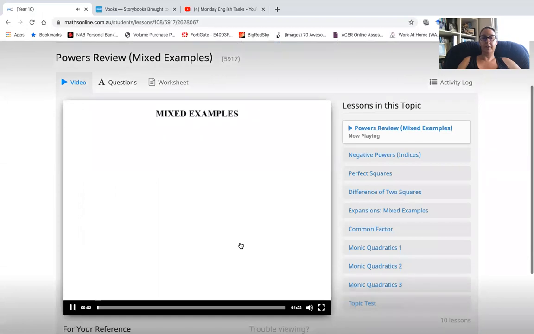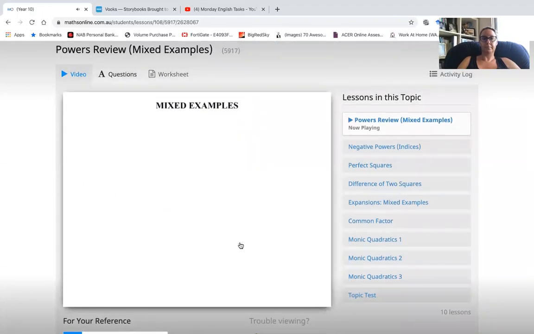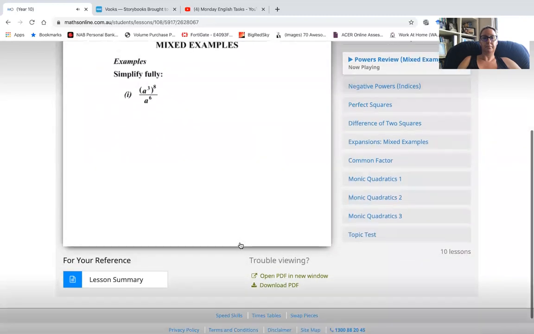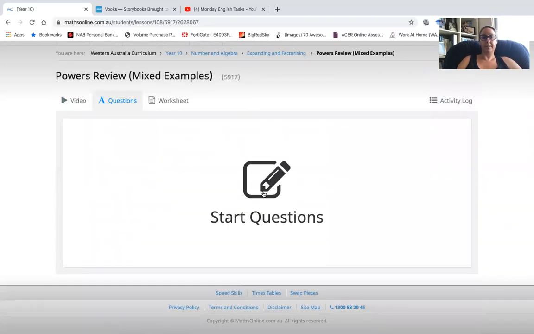you actually get a video to watch. All our index rules, we're going to look at some mixed examples. We'll start off simplifying fully. Question 1, a cubed to the power of 8 all over a to the power of 6. Okay, you get the idea of the video. So the video actually runs through the sorts of questions that you'll be working on and what you need to do to solve it. So once you've watched the video, you go to your questions and then you start the